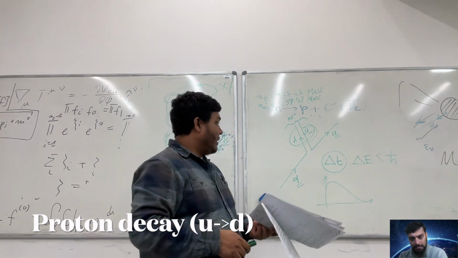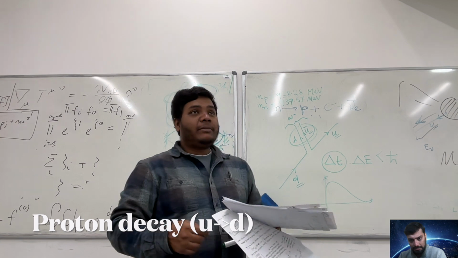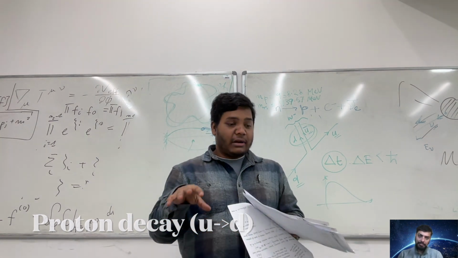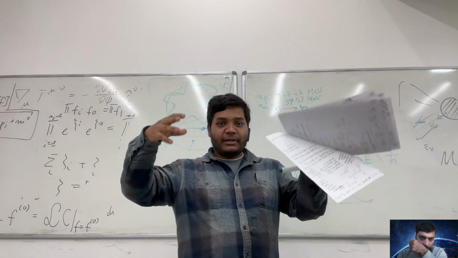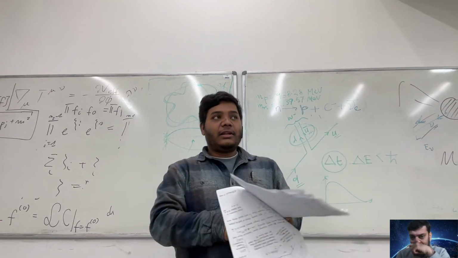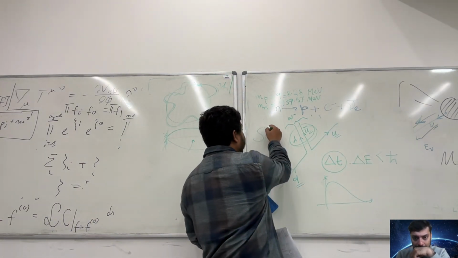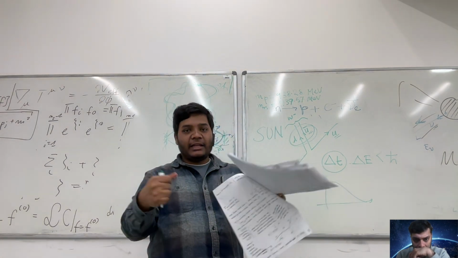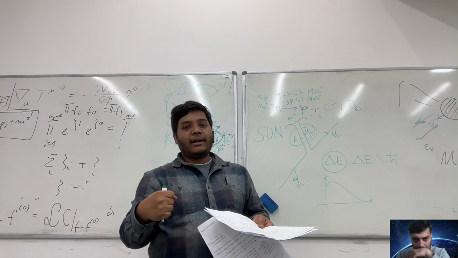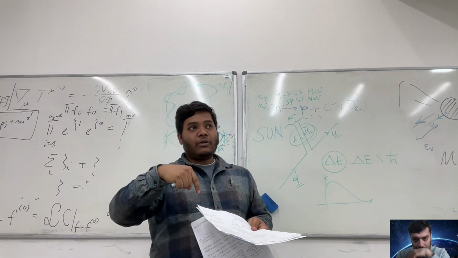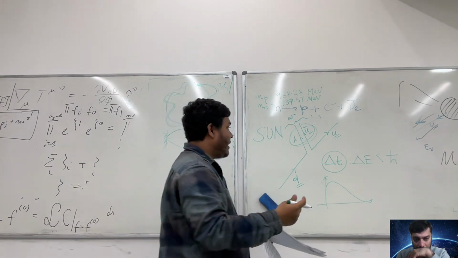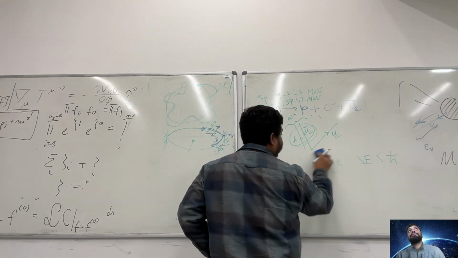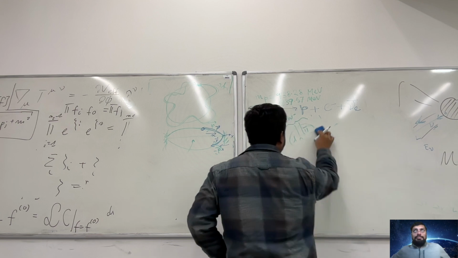But in the case of proton decay, it does not happen very often, at least not now in our universe, on our Earth. It can happen in the Sun because the Sun has huge energy. The Sun is a huge energy source, so that can help one up quark convert to a down quark. If I try to draw the same thing for proton decay,